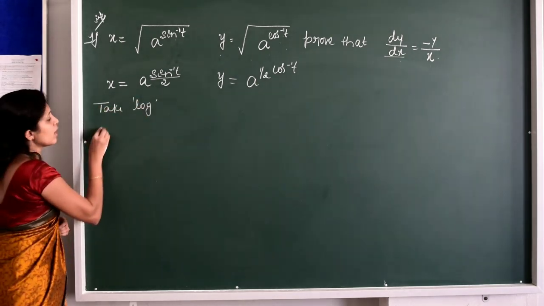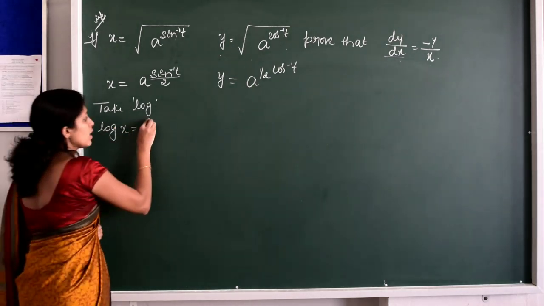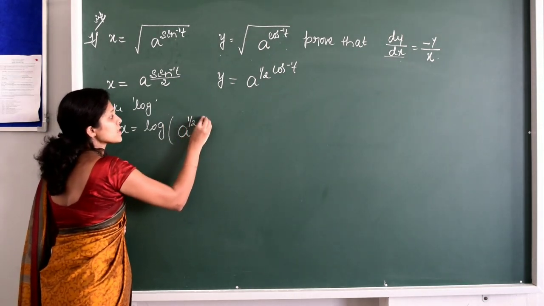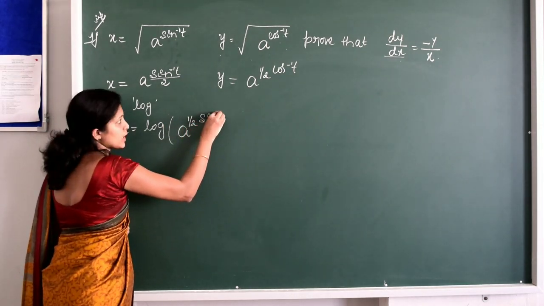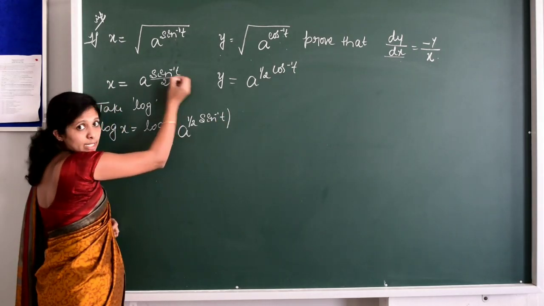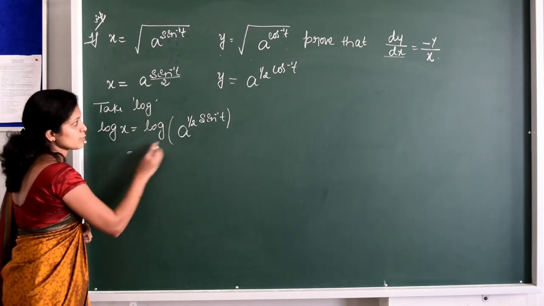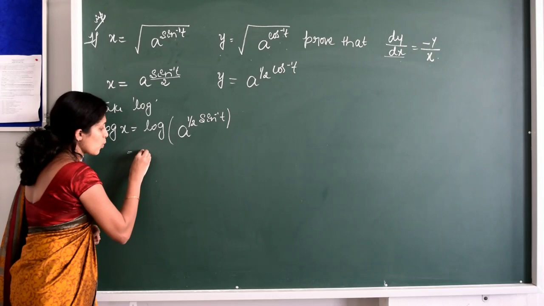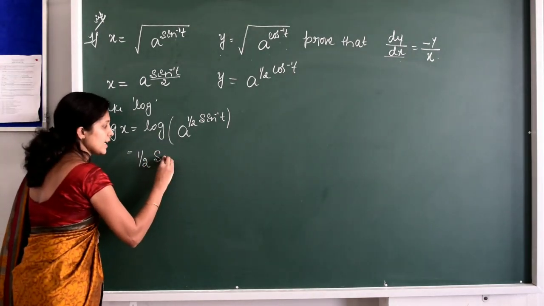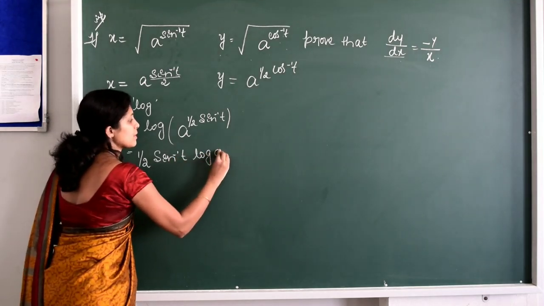So this is now log x, listen carefully. This is equal to log of a to the power 1 by 2 sin inverse t. Right? 1 by 2 sin inverse t. See here, you are not supposed to divide the angle by 2. It is the whole divided by 2, I mean 1 by 2. Remember that. So this is of the form a to the power m, that is now 1 by 2. M log n I can write. So 1 by 2 sin inverse t into log a. Now it is in the simplified form.